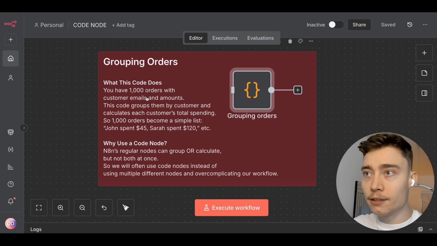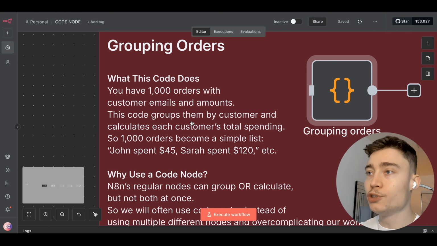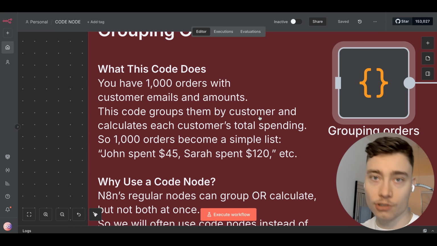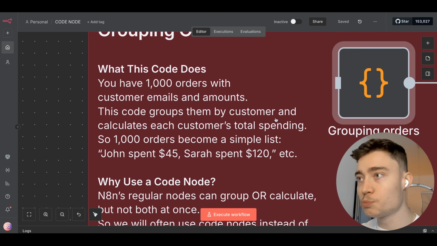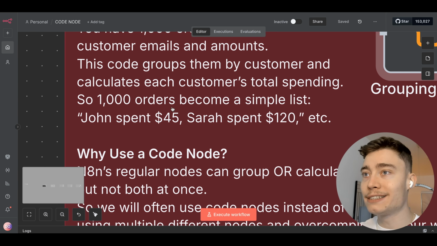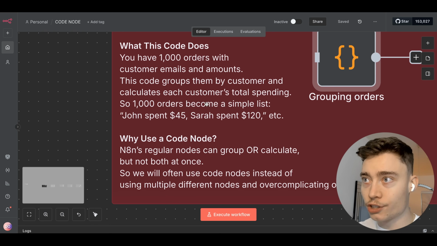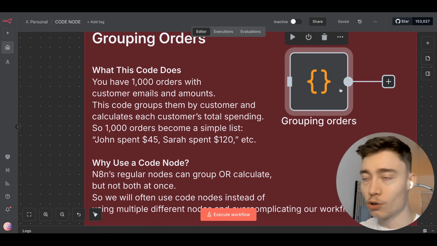Basically, a lot of data that is structured in a different way. That would be a nightmare to do with the standard set node or the standard filter nodes in n8n. So what this code does, it groups the orders together by the customer's name, and then calculates the total spending for each person. So even though you might send 1,000 orders of unstructured data into this,